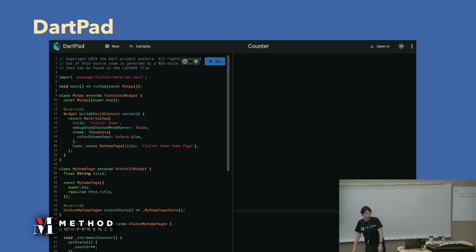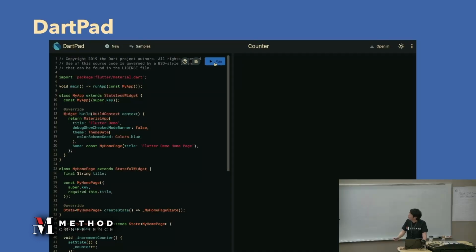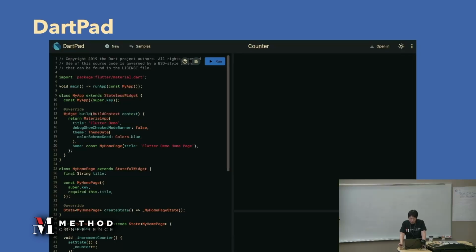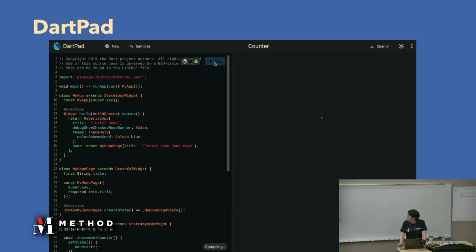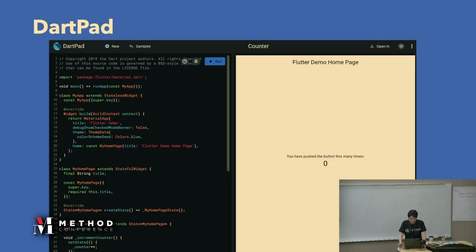We don't have to install any tools on our laptop. You can try this feature by accessing that part.dev. So it's a very good start for developing Flutter apps.